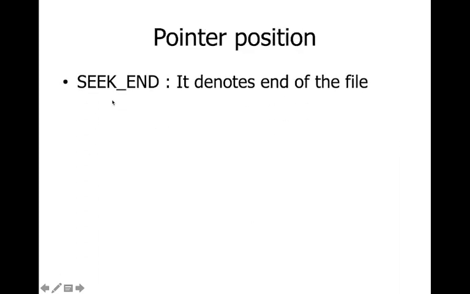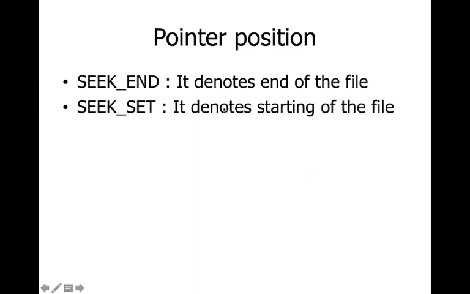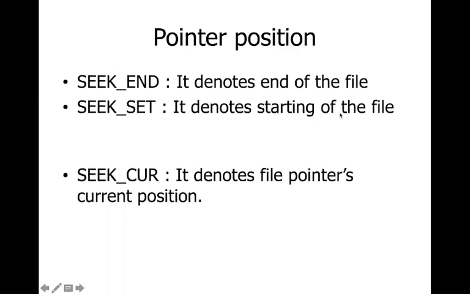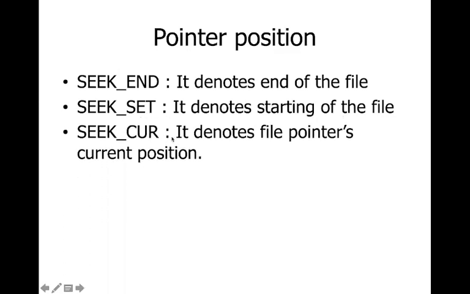So pointer position can be of 3 types. SEEK_END denotes the end of the file; if you specify SEEK_END, the pointer is at the end of the file. If it is SEEK_SET, it denotes the starting of the file. And if it is SEEK_CUR, it denotes the file pointer's current position. So we can have only these 3